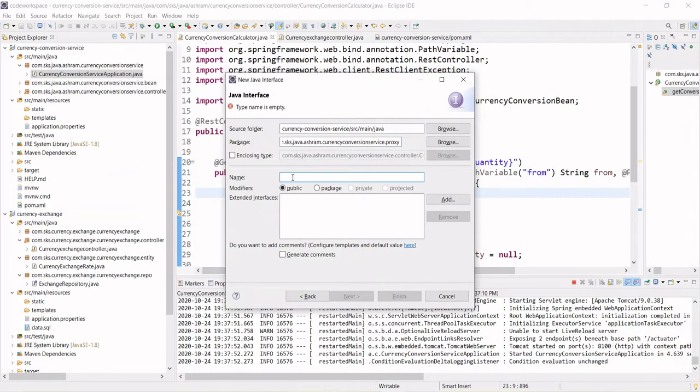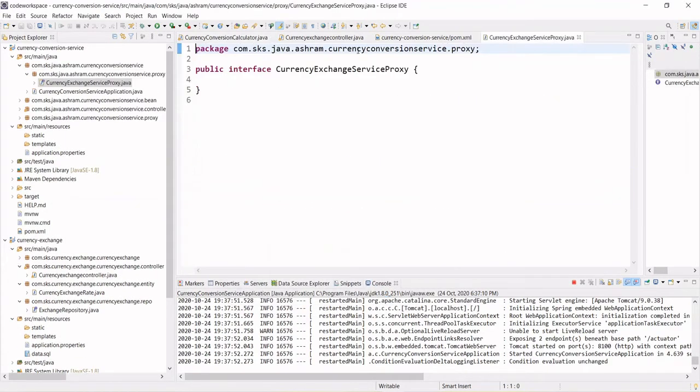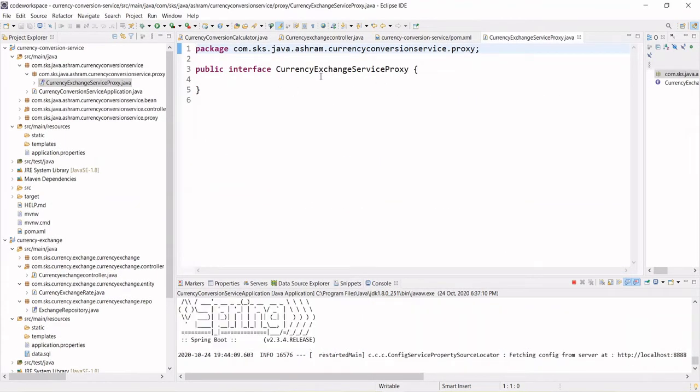Since we are creating a proxy of the currency exchange service, let's give the name currency exchange service proxy. We are creating a currency exchange service proxy to call the currency exchange from the currency conversion service. So a proxy is required for the currency exchange service. Let's finish this. Now we have a currency exchange service proxy class.